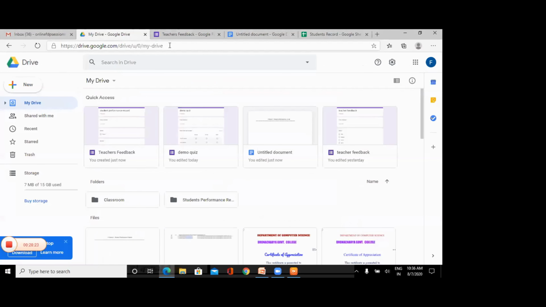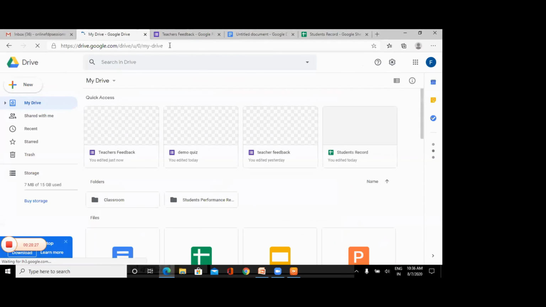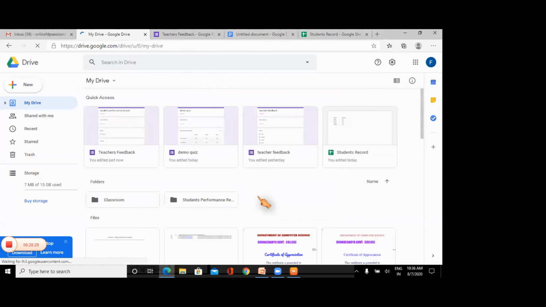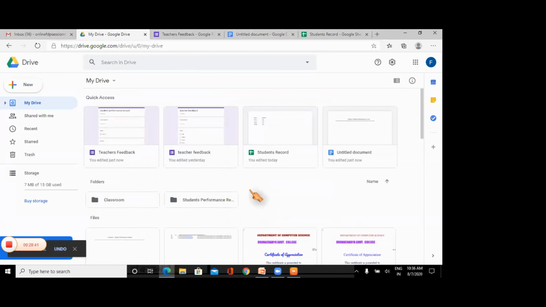All right. Let me refresh the drive. See, I have created teachers feedback form and this demo quiz. I think I should delete this, otherwise it will create disturbance. Okay, student record I have created, and this is the template I have created just to make a different file for each student.